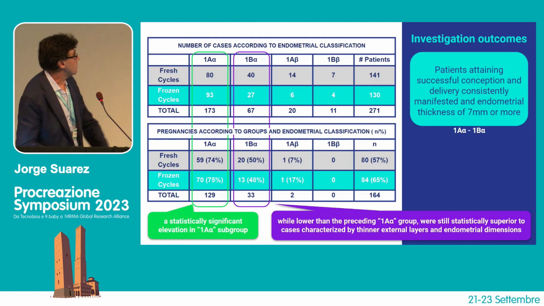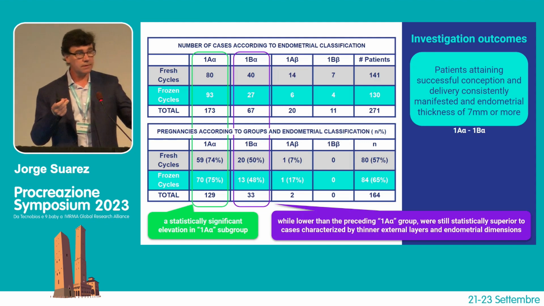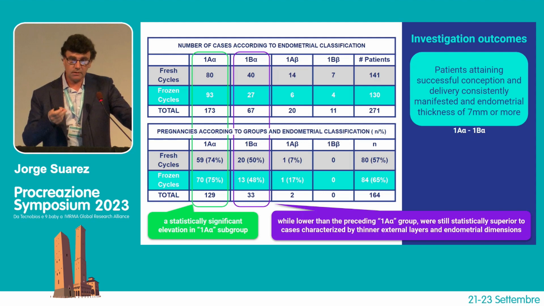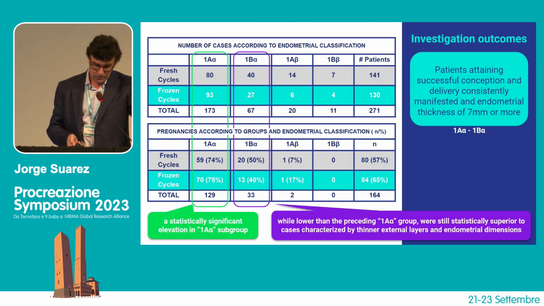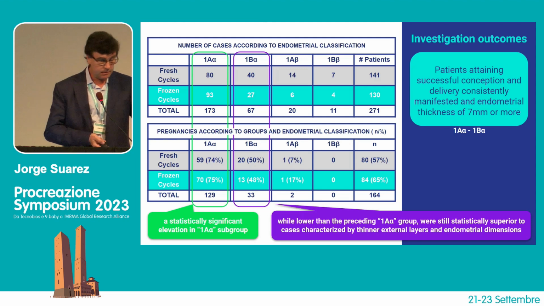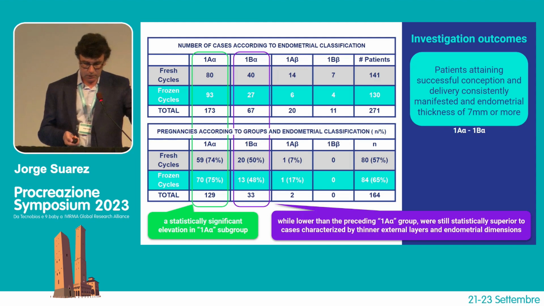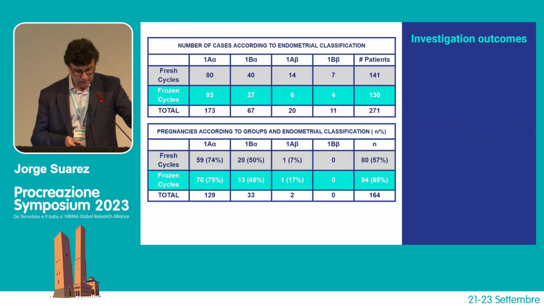Noteworthy is the observation that patients attaining successful conception and deliveries consistently manifested an endometrial thickness of 7 millimeters or more. Yes. And we can see this feature in the categories 1A alpha and 1B alpha. So,